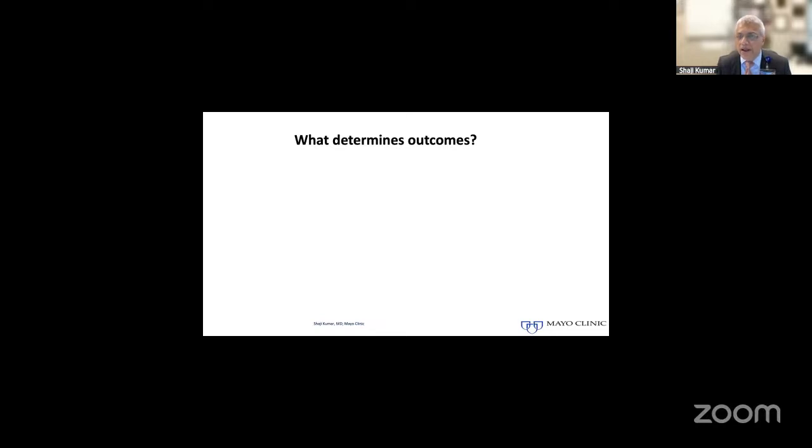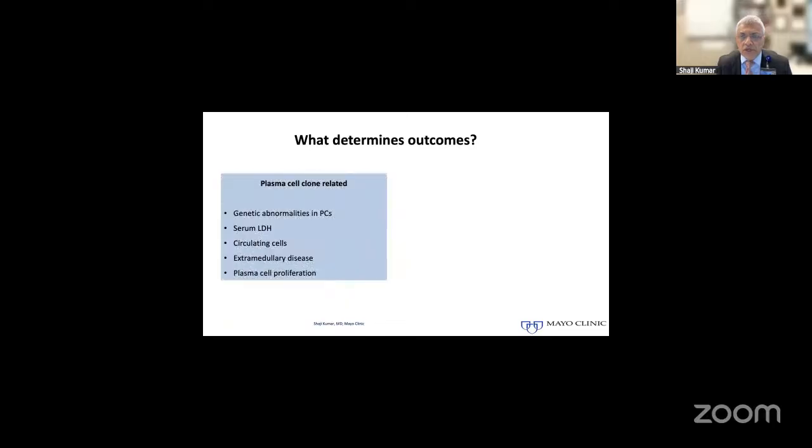Second, we need to understand the biology behind it. Why do they behave the way they behave? And third, can we actually adapt our treatment to match the biology so that their outcomes eventually become quite similar? So in terms of the factors that determine outcomes, clearly the most important ones, or at least the ones that